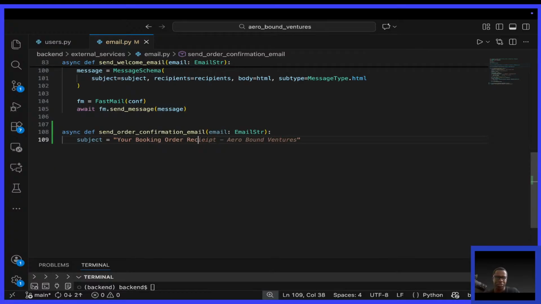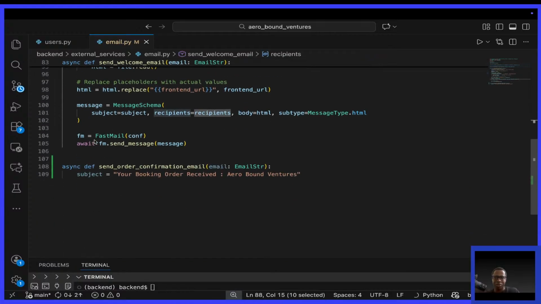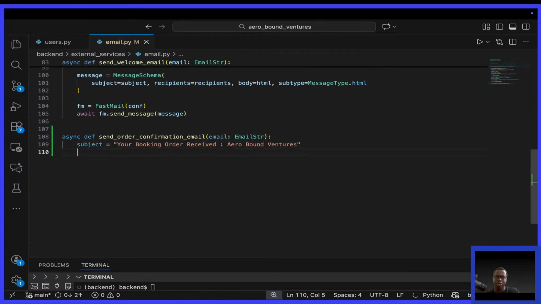Is this the spelling of received? Then dash, I put the company name, Airbound Ventures, like that. Your booking order received, okay? Then after that, up here, we can have the recipients. Put a list of recipients, say recipients